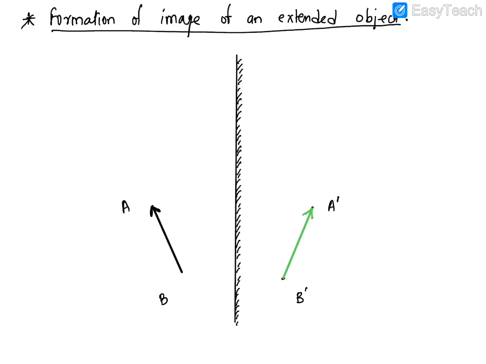Now let's start from the point. How we did there for 1 point, we are going to do here for 2 points, for A and B. So let's take two light rays which are starting from the point B. So from B I'll take one light ray, say here. 1 minute, I'll just check the thickness of the line. So from B I'll take here one line and one more line from the point B. Then same way from point A also we are going to draw two lines. So these are your two lines here.